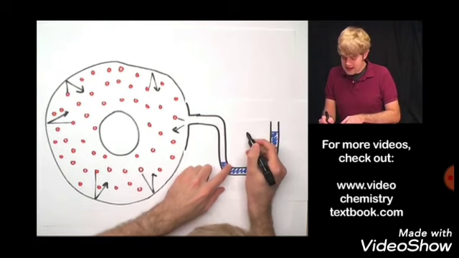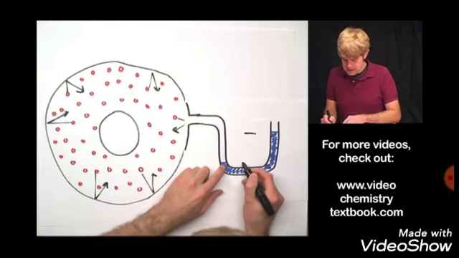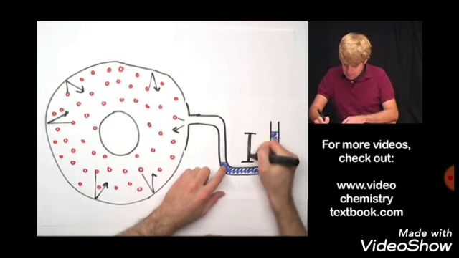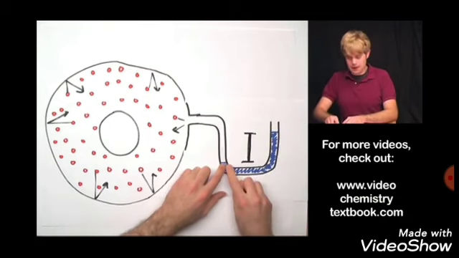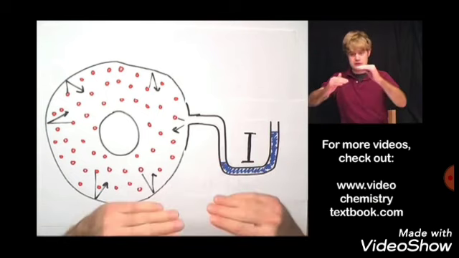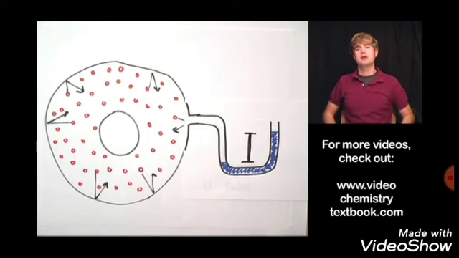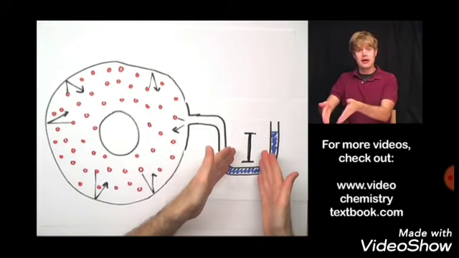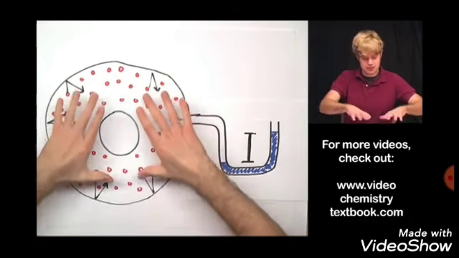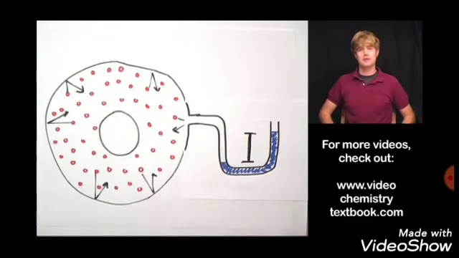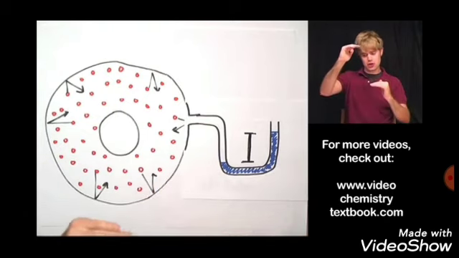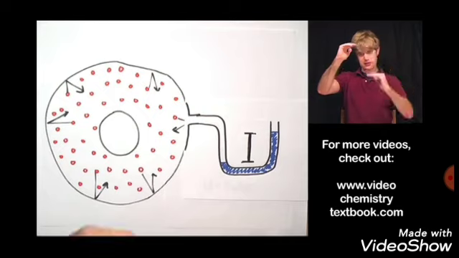And what I can do is I can actually take a ruler and measure this distance from the bottom water to the top water, and I can use this difference in water heights to calculate how much pressure, how much force the gas particles in here are exerting. And so using a U-tube, I can measure pressure as the difference between